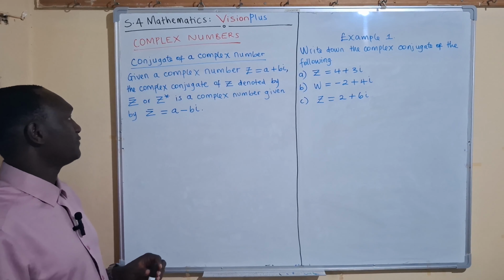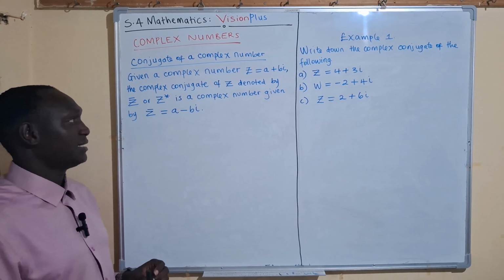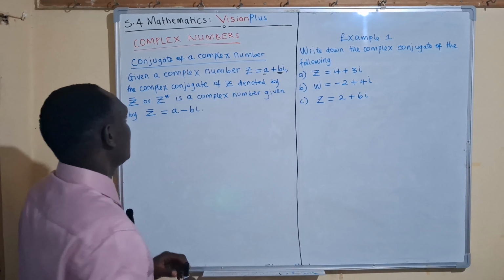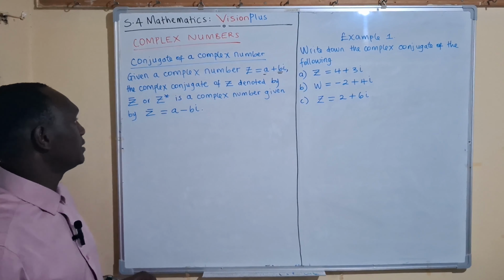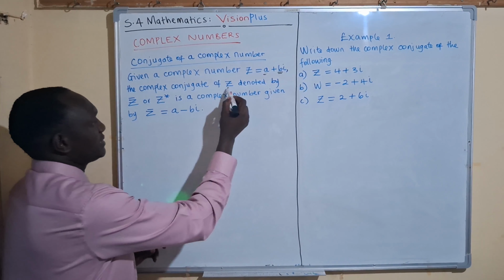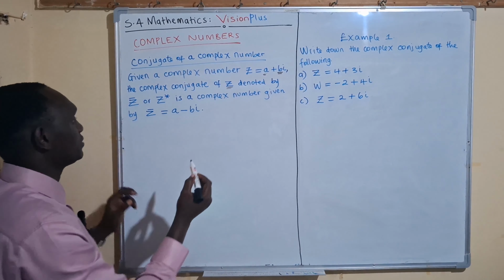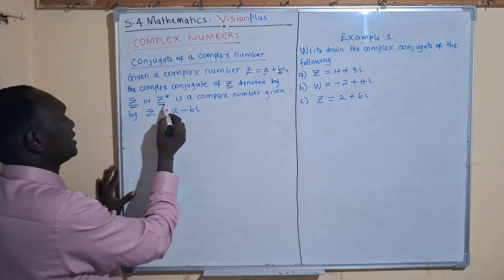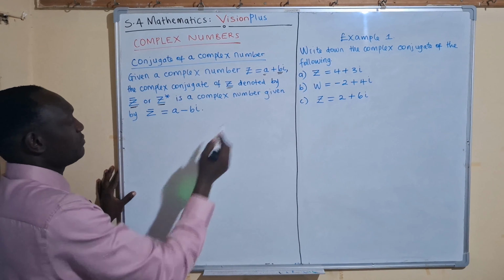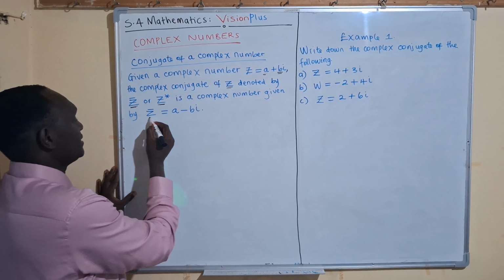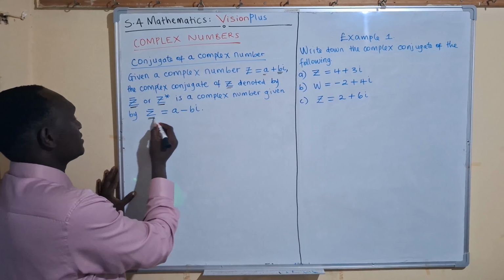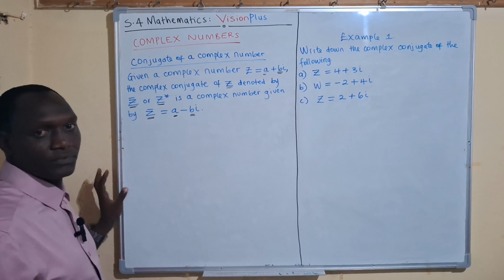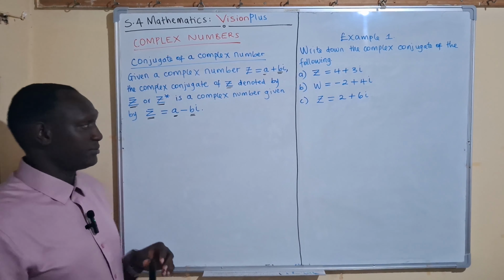If you are given a complex number z as a plus bi, the conjugate of the complex number z, which we denote by z bar, is a complex number given by z bar equals a minus bi. What do we mean in this concept? We mean that